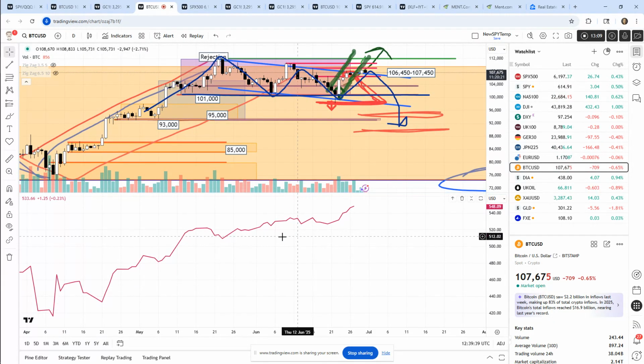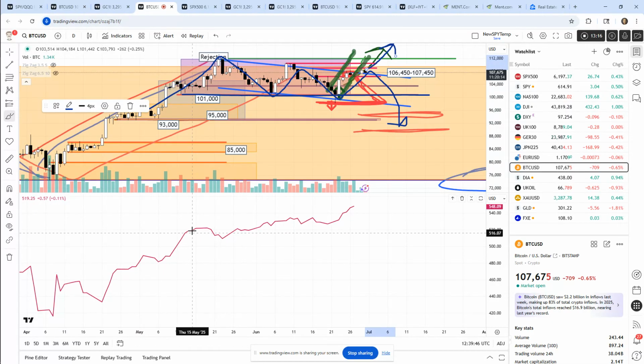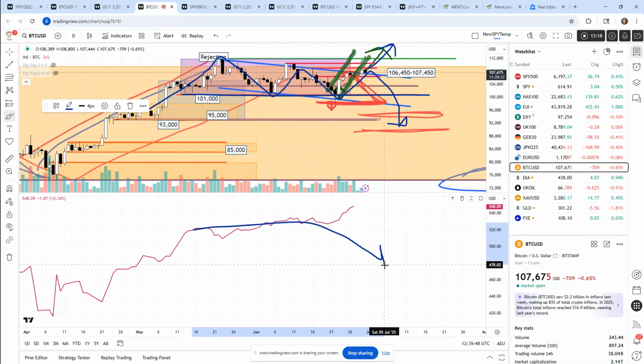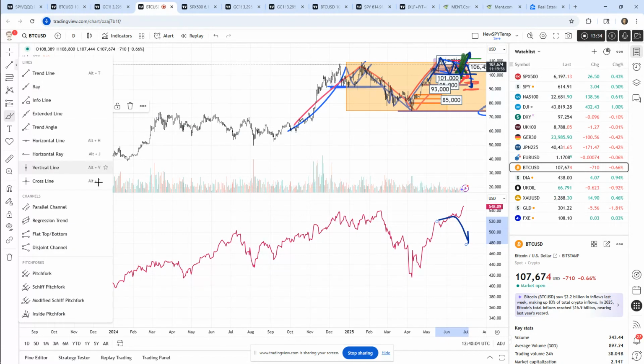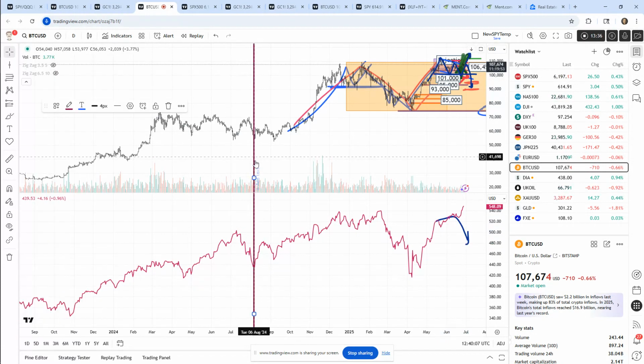That to me means that what we're really looking at is either Bitcoin's got to catch up to the Qs to the upside, or the Qs have to roll over to catch up with this downtrend if Bitcoin collapses. So right now you've got a divergence between Bitcoin and the Qs. But again, you look at the chart here. You've got a deep low here. It's really more of a deep low here, deep low here,